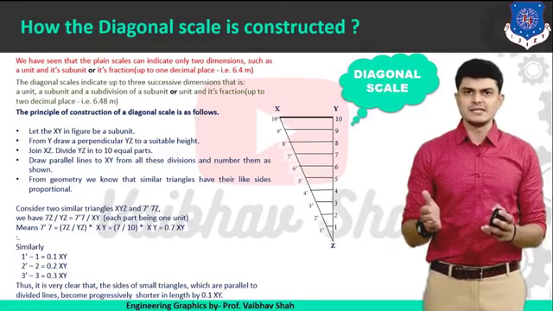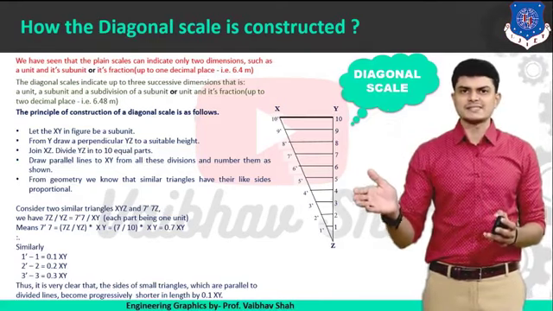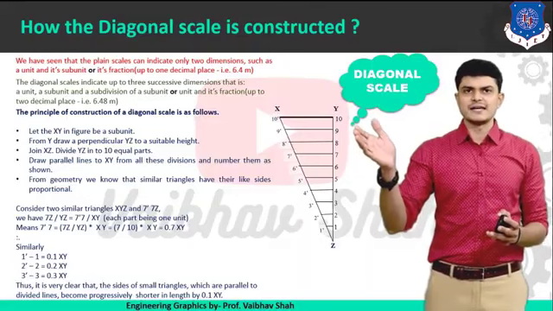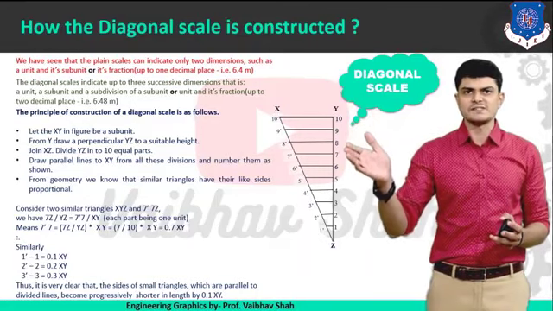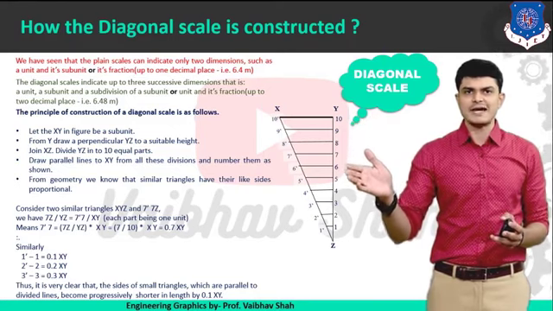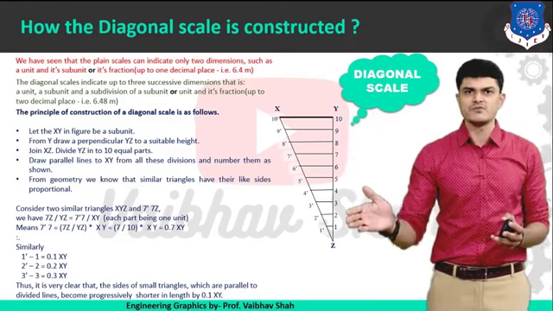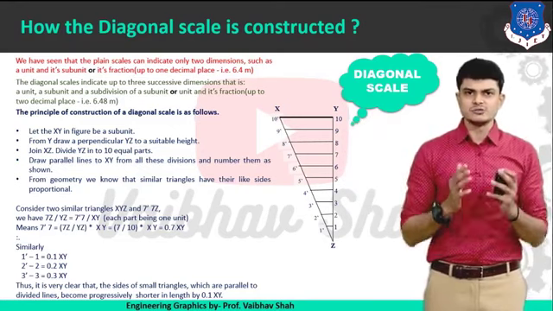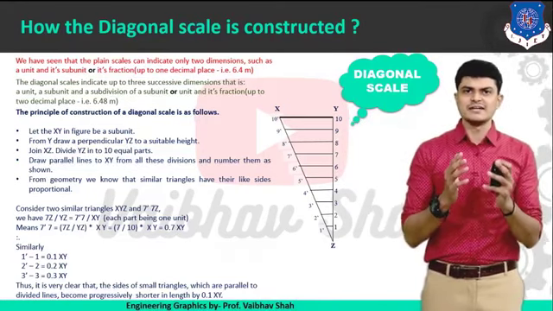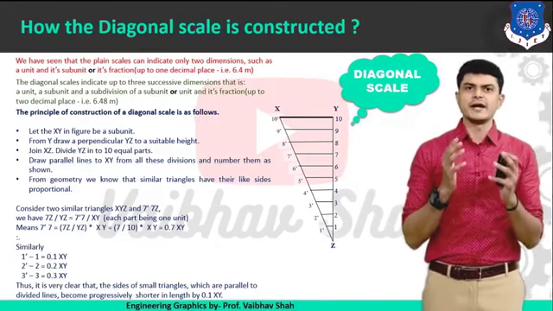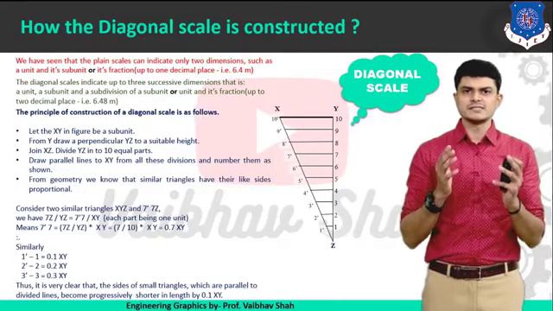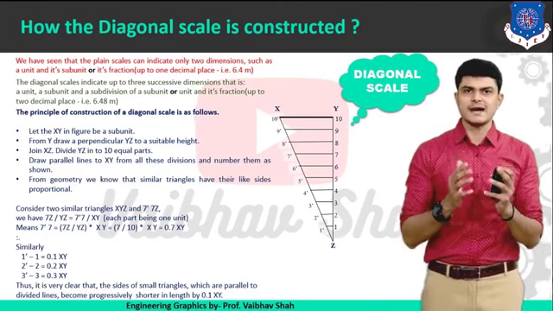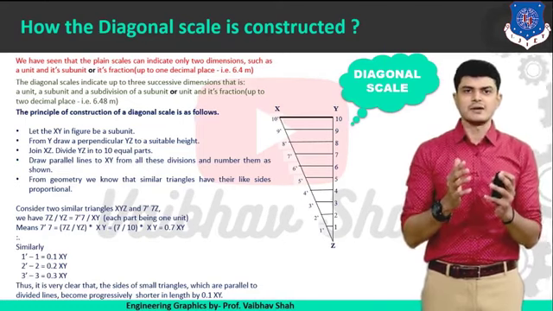So you can see, if we go progressively downwards, the length is decreasing from 0.9, 0.8, 0.7, 0.6, 0.5, 0.4, 0.3, 0.2, 0.1 into xy. So that means your line is progressively decreasing by 0.1. As you go down, your line will be successively decreasing in length by 0.1, which is nothing but we